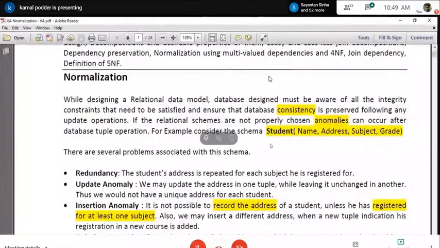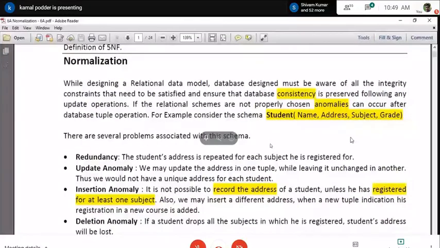Okay. Let's start the normalization. This is the new one. The functional dependency part, more or less, we have discussed in full length, and I have provided all the concepts so that you can understand the normalization part in a better way. I have already shared that note, so naturally you can go through it. Only one type of functional dependency I have not yet discussed. I will discuss that part while I cover the fourth, fifth, and sixth normal form.